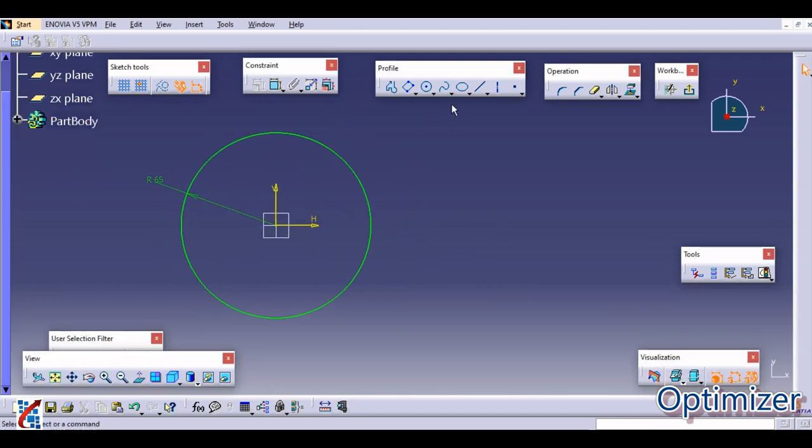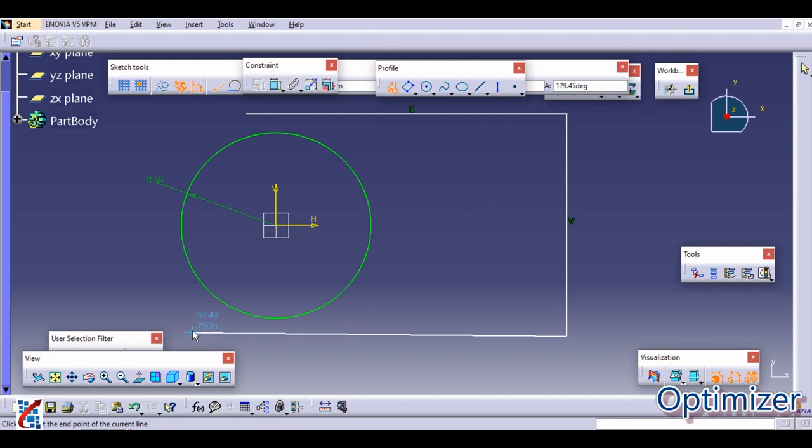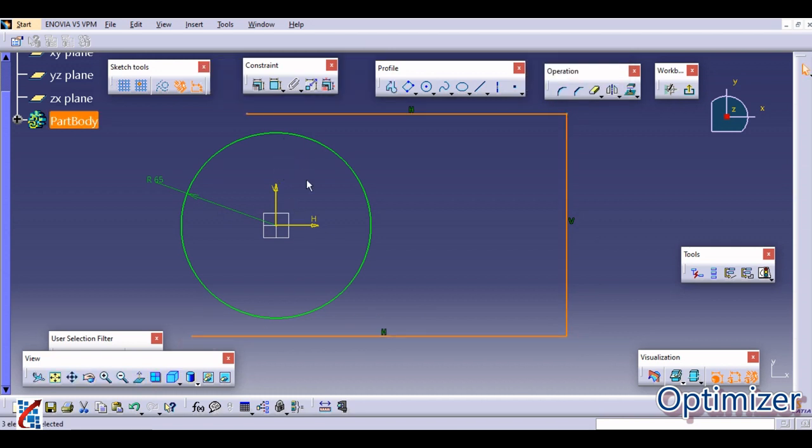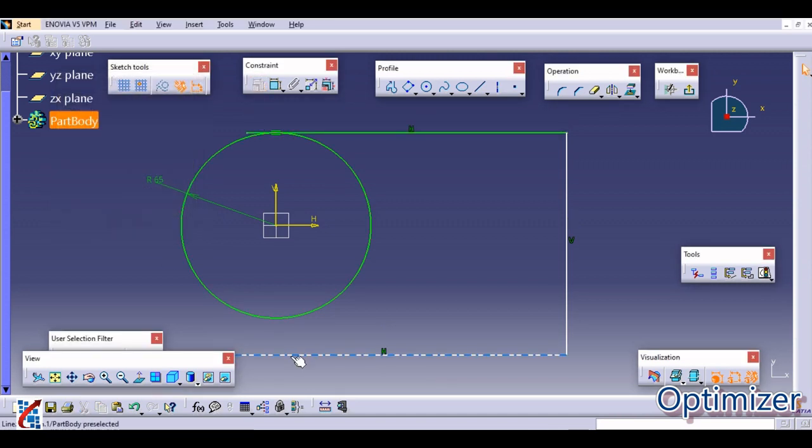And after that, just draw the lines, select this circle and this line and make this tangent, and select this and this, and make this tangent.